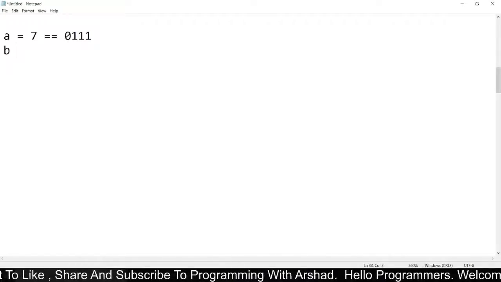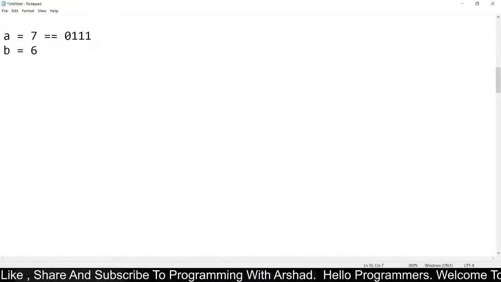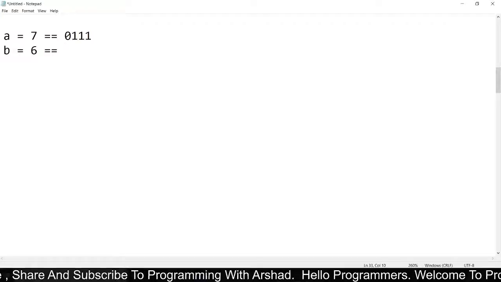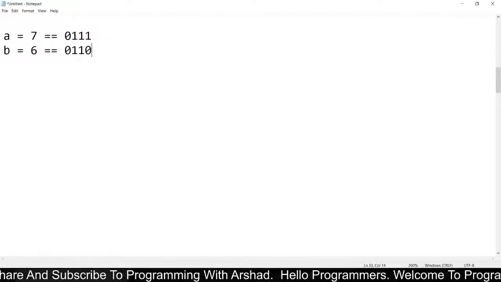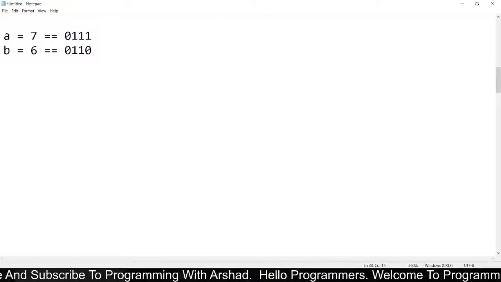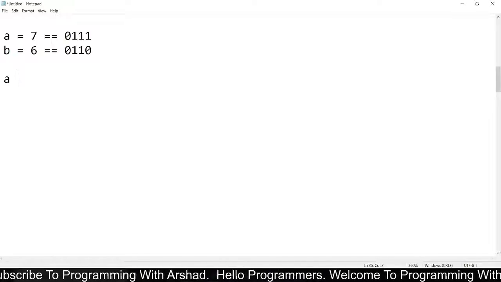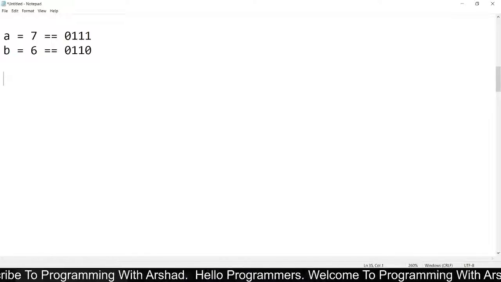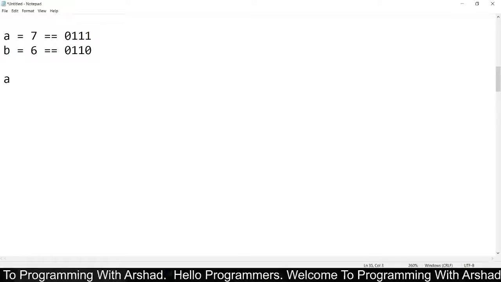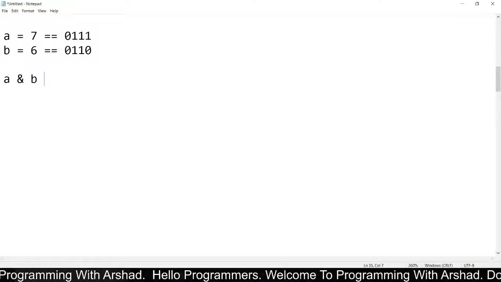And we had assigned a value of 6 to variable B and the equivalent binary number for B is 110. Now first of all we will see the bitwise AND operation, which is A and B.